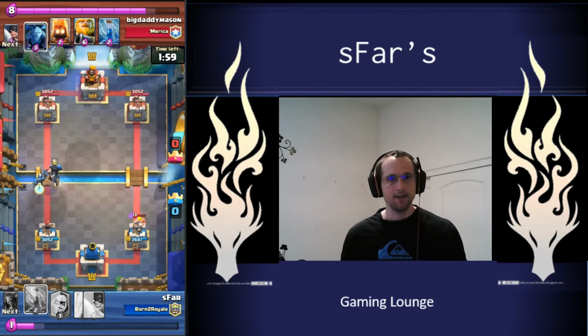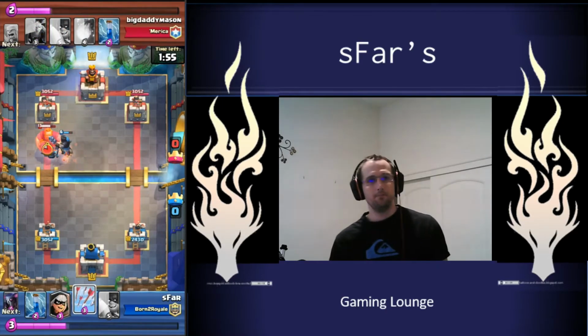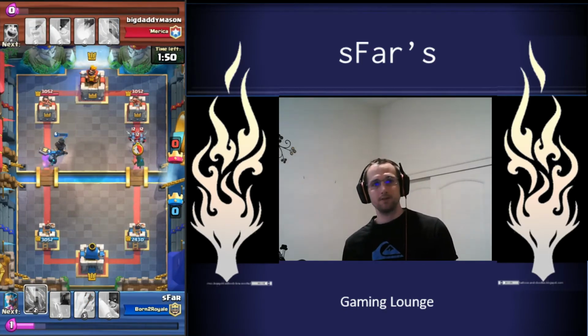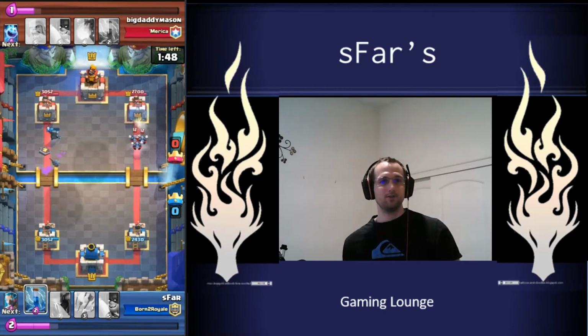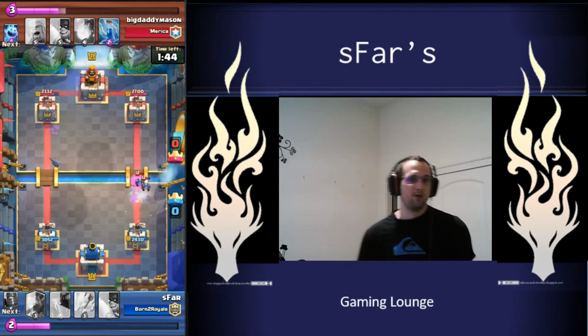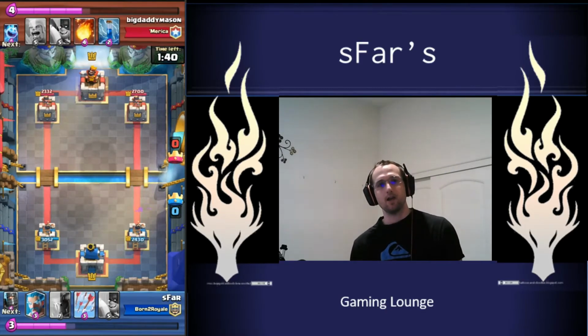As we can see, I'm fighting Big Daddy Manson. He's from America. He plays his Royal Giant to counter my P.E.K.K.A. Dark Prince. With the Dark Prince and mini P.E.K.K.A. buff, I just took it down, and then I'm gonna get to the tower and get a hit. And so that was worth it. I mean, he didn't really counter that push because I still got damage on his tower, and that's the main